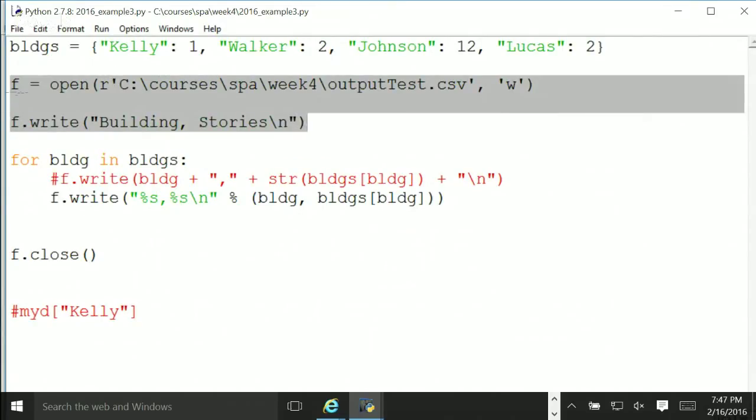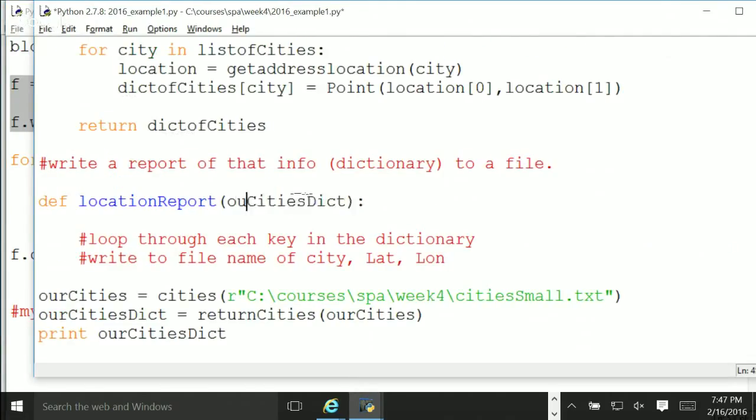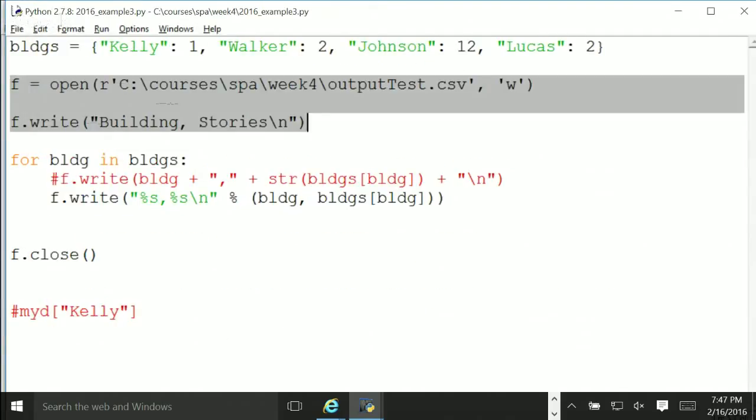It's going to write the header, and then it's going to do a for statement like this, except, I mean, you could make it say for building in buildings, but it wouldn't make a whole lot of sense. Yours is going to say something like, for cities in our cities dict. We can change this to just cities dict inside here, or dictionary of cities maybe. So yours is going to say for cities in dict of cities,